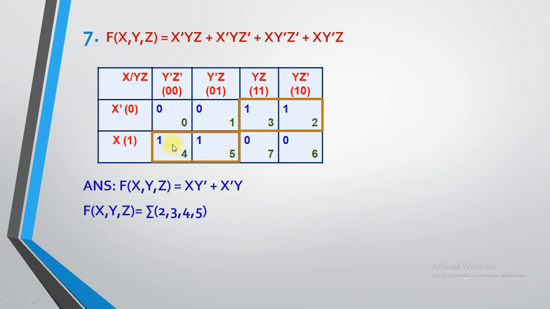Not like that. And if you want to find sigma value, so from the boxes only, the box which contains 1, that can be the value of sigma. So that cell number you need to write with the sigma. So over here cell number 2, 3, 4 and 5 contains 1 as a number, so we need to write it with the sigma. And because it is a 3 input variable, so I have used 3 input variable over here.